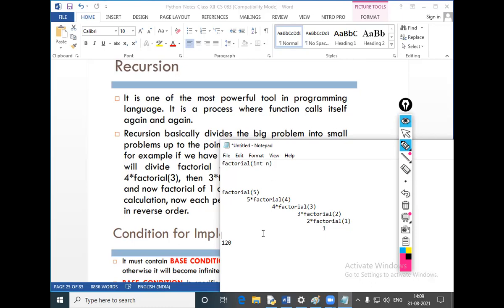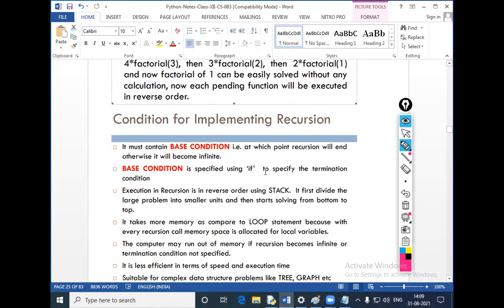The repeated iterative process we are not using. So this is the main thing. Now we come to the next topic.